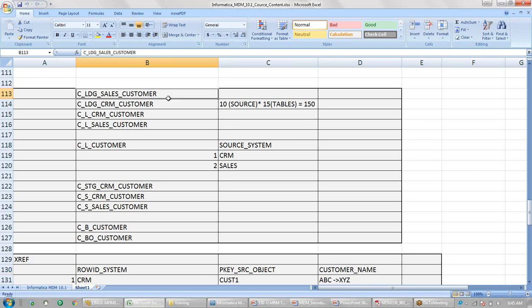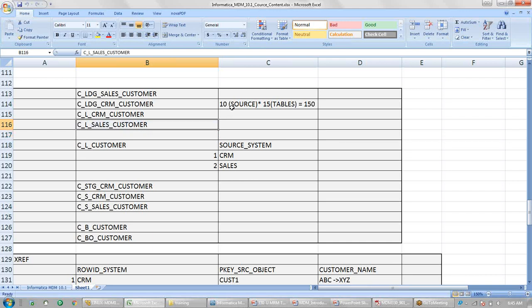For example, I have given names like C underscore LDG underscore sales underscore customer or C LDG CRM customer. So as per the lab you will be creating these tables, or we can create only L, because if you don't want a longer name like LDG, we can just have L to identify that this is a landing table.